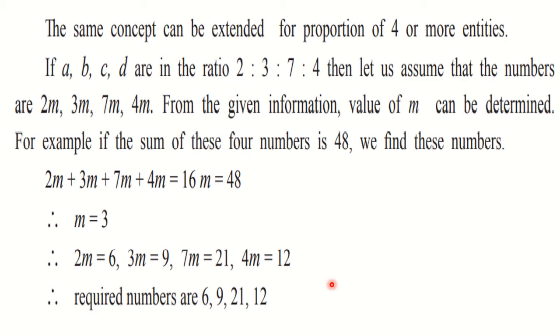Okay, so I hope you have understood the concept of ratio. What you have to keep in mind is, whenever the ratio is given, you have to think of the common multiple, that the numbers have some common multiple. Generally we take it as k. You can take any alphabet here, you can take m, you can take p, but generally we use k or m. Okay, let us go further now.